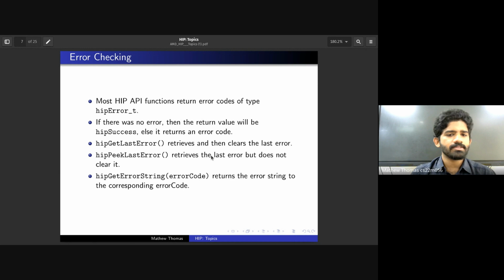And hipPeekAtLastError will retrieve the last error, but it does not clear it. If we call hipGetLastError multiple times, let's say we got an error, and we called hipGetLastError 2 times. The first time it will return the error code. The second time that error will not be there because it would have cleared the last error. And hipPeekAtLastError, even if we call it multiple times, will just keep returning the same thing. Then we have hipGetErrorString, which would